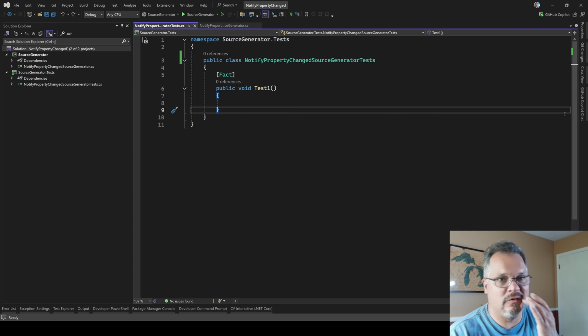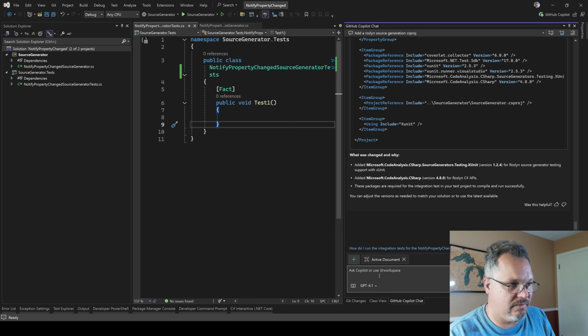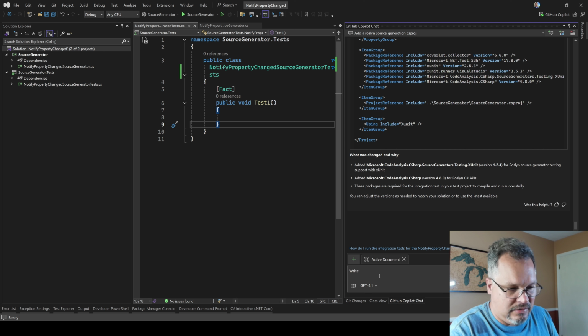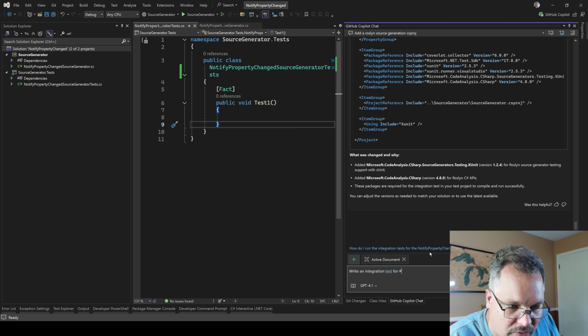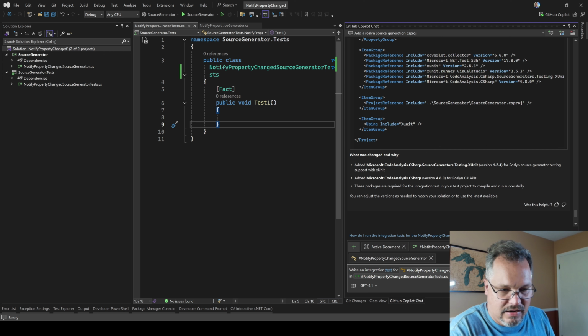So how do I do that? Well, full disclosure, this did take me a while to figure out how to ask GitHub Copilot. And this is where, again, you do need to do a little research, find the little references, but I think this will work, right? An integration test for, we want to test our source generator. In this file, I don't think I need to, but this is the part that I had to research,